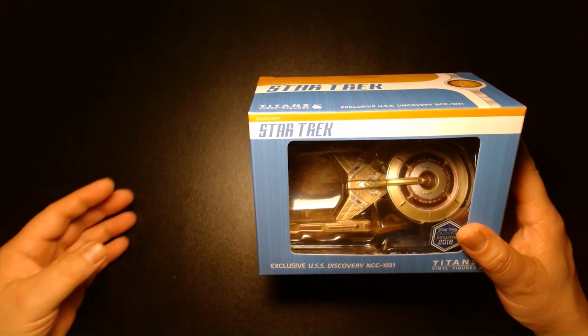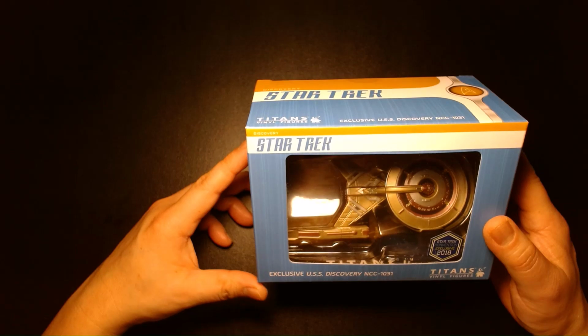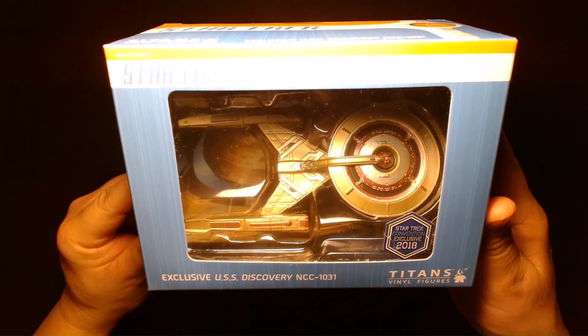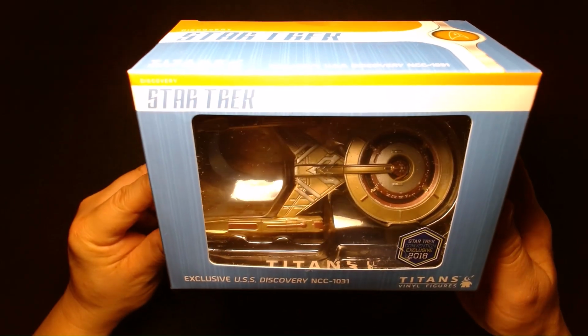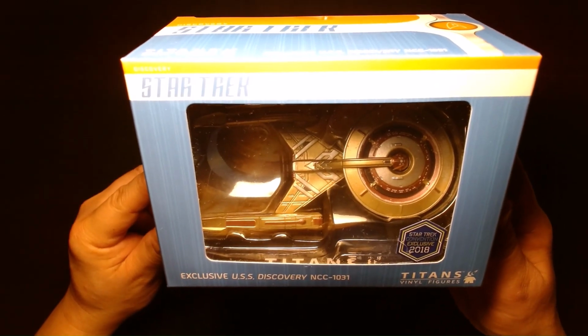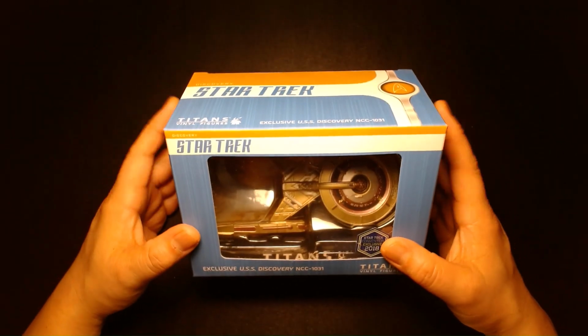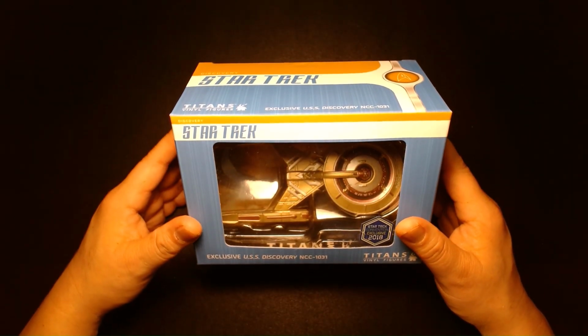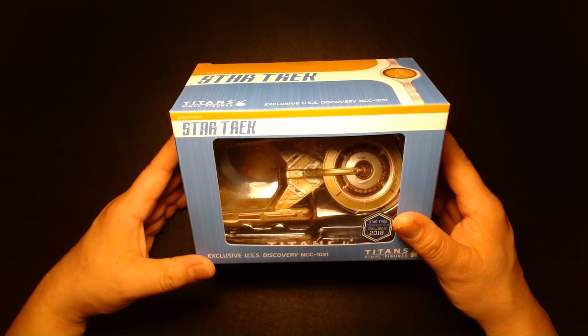I'm here for another unboxing and review, and today we are featuring from Titans Vinyl Figures the Star Trek exclusive USS Discovery. Alright, so I'm a big Star Trek fan, and I love the new programming like Strange New Worlds